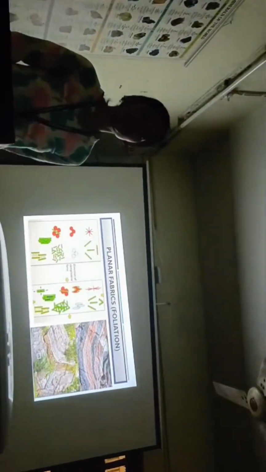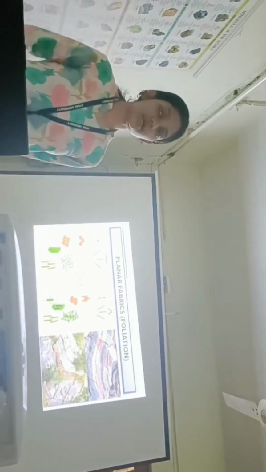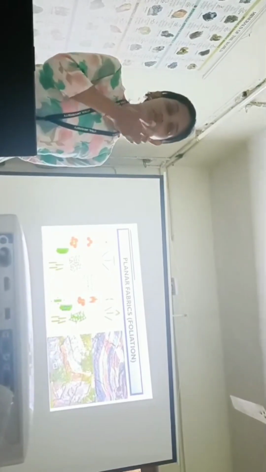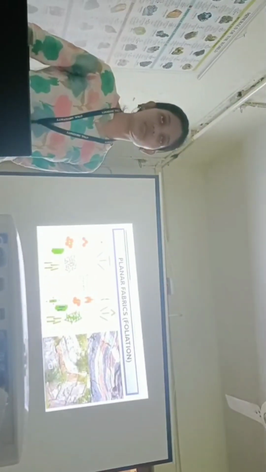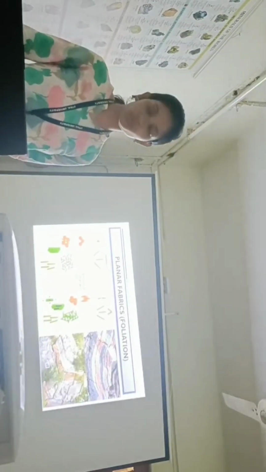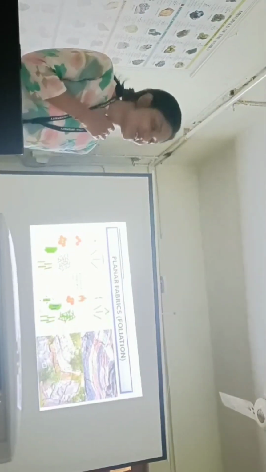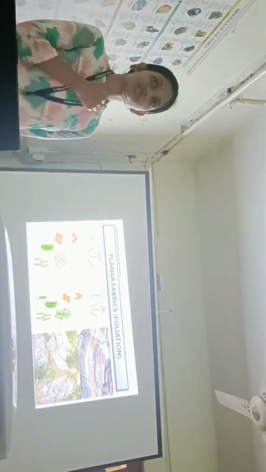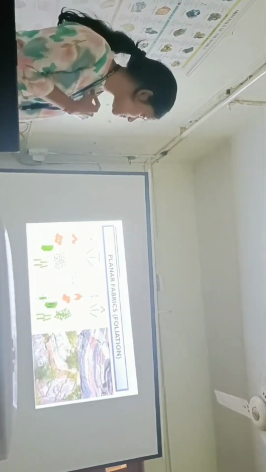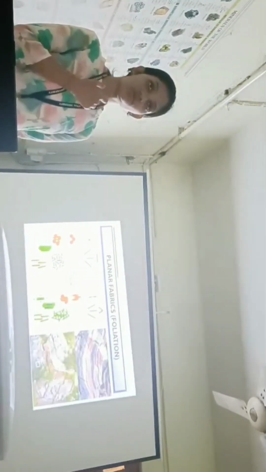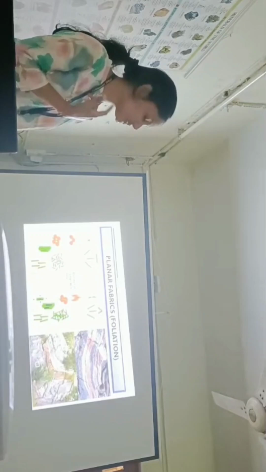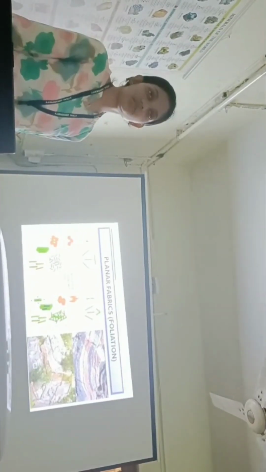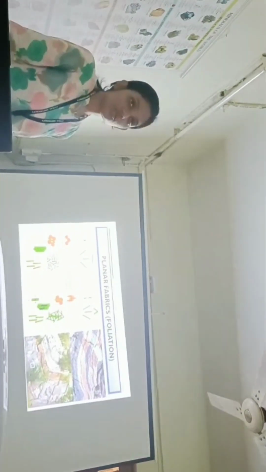For any feature to be considered a planar fabric, to be considered foliation, the spacing should be between 1 to 10 centimeter. If the spacing is greater than 10 centimeter, we don't consider them as foliation. The planar features present in a rock are named as S surfaces, such as bedding as S0, the first cleavage as S1, the second cleavage as S2. Here the 0, 1, 2 represent the relative chronology of the surfaces.